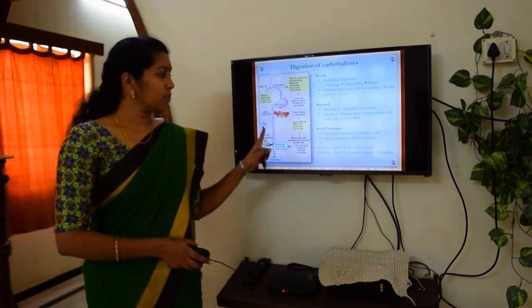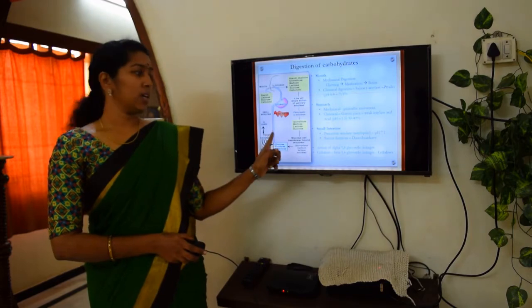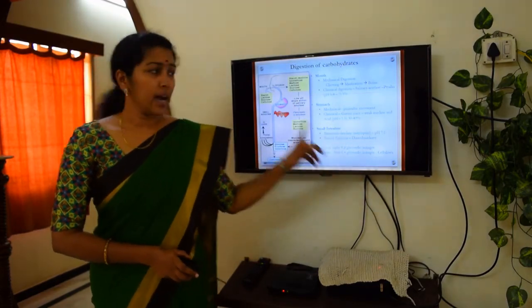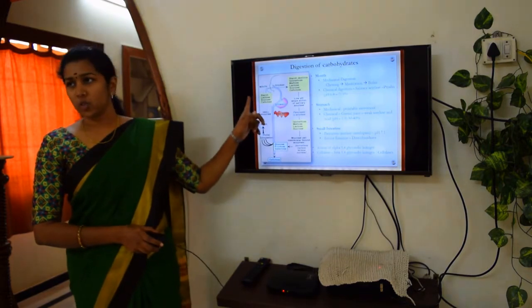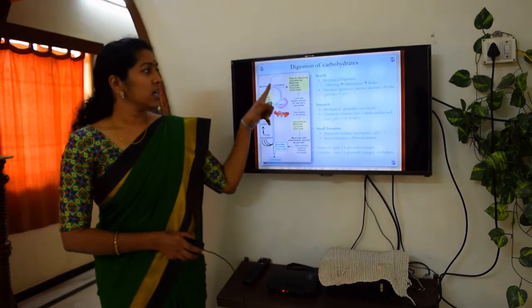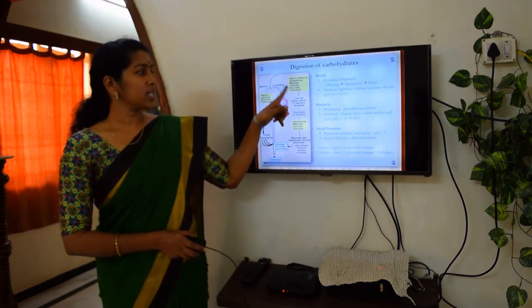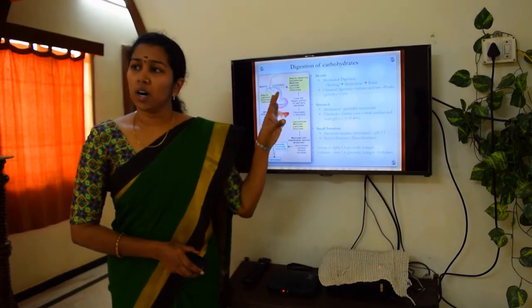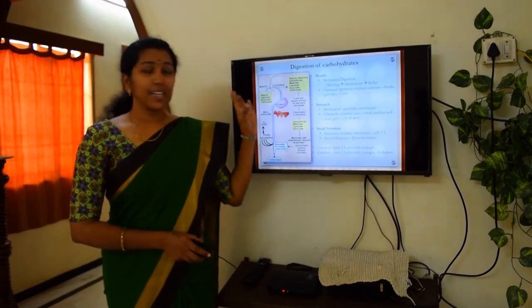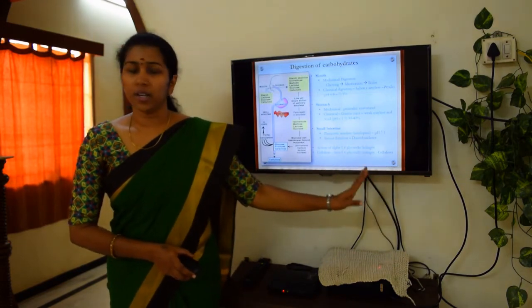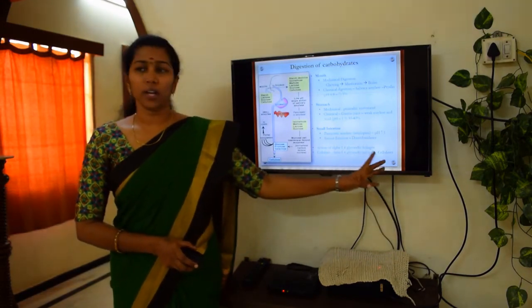and this enters into the small intestine, and here the pancreatic amylase and succus entericus are there, and that acts on the different components of carbohydrates. So all these components like polysaccharides, like starch, and we have disaccharides like isomaltose, maltose, lactose, sucrose. All these contain a linkage called alpha 1,4 glycosidic linkage. Okay, and remember it is alpha 1,4 glycosidic linkage.